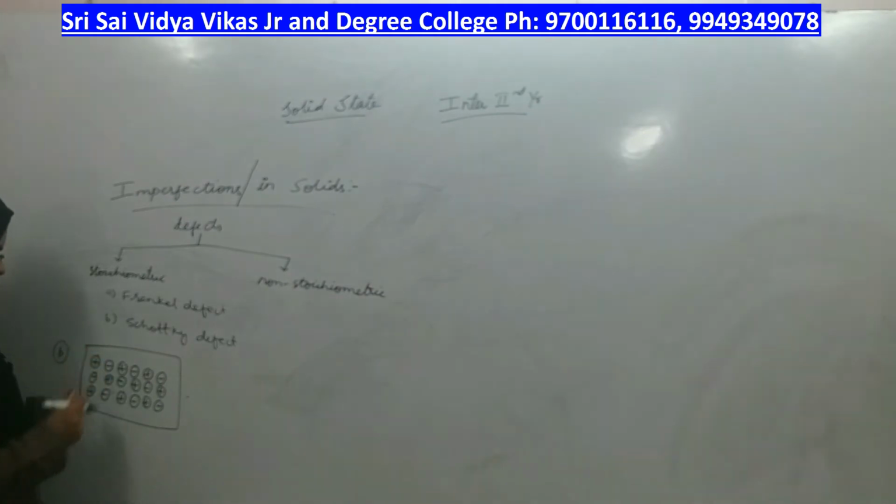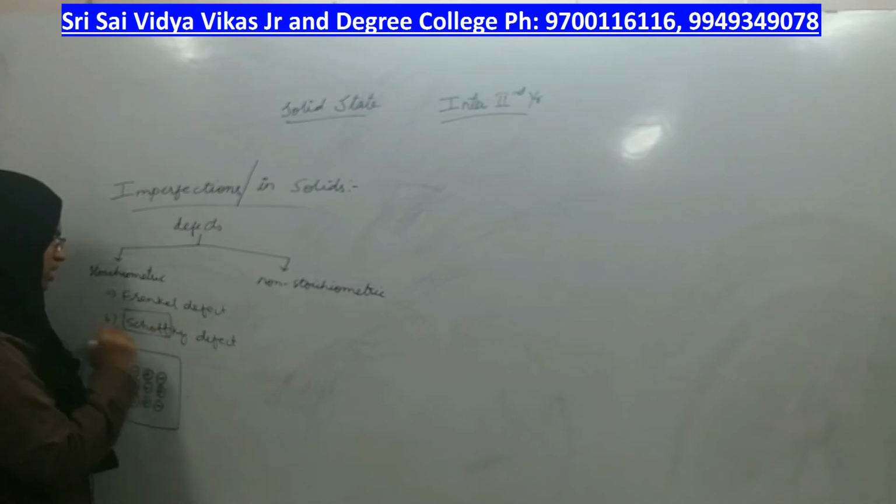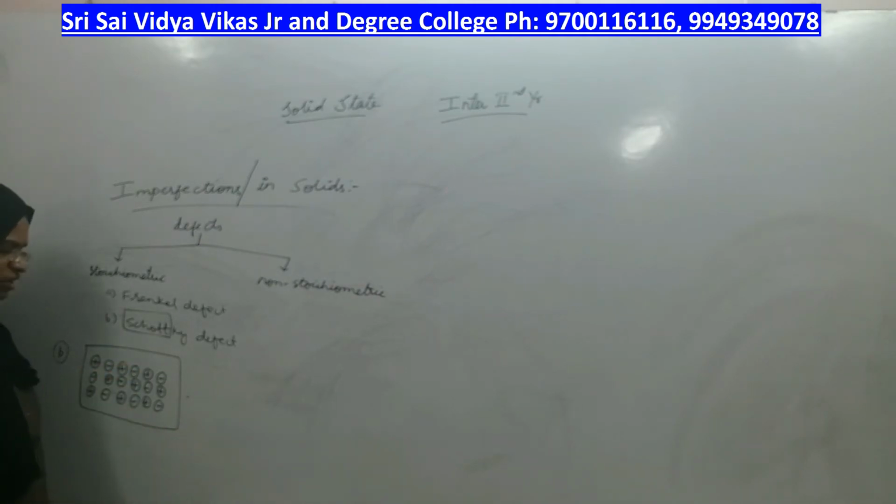Schottky, in the name itself you have the word short, which means shortage. You try to remember Schottky by keeping its meaning with shortage. Some ion is in shortage in the lattice, right? So, with the alternate arrangement of cations and anions, what happens is one ion, not necessarily cation or anion, from the lattice will completely come out of the crystal.